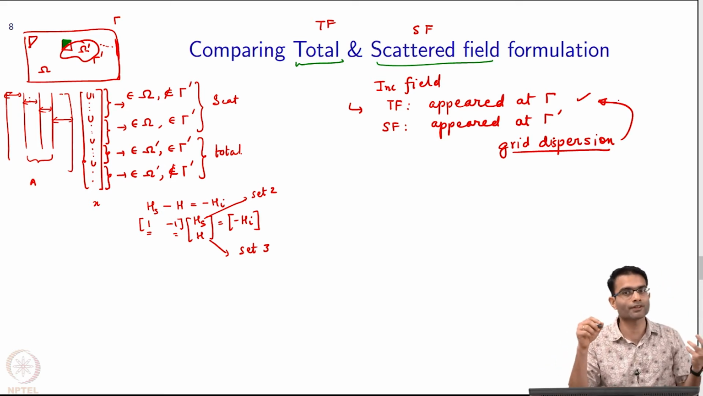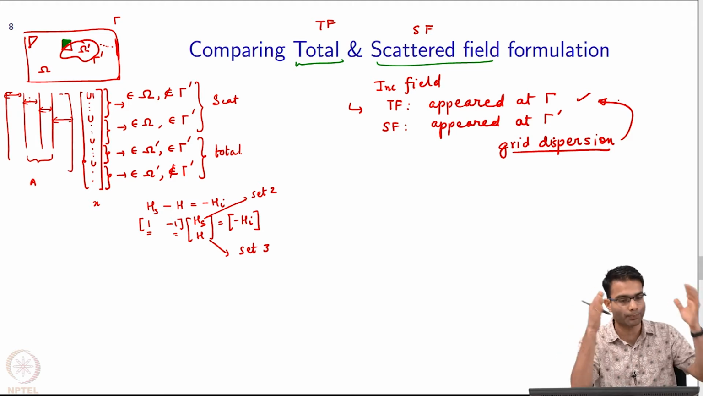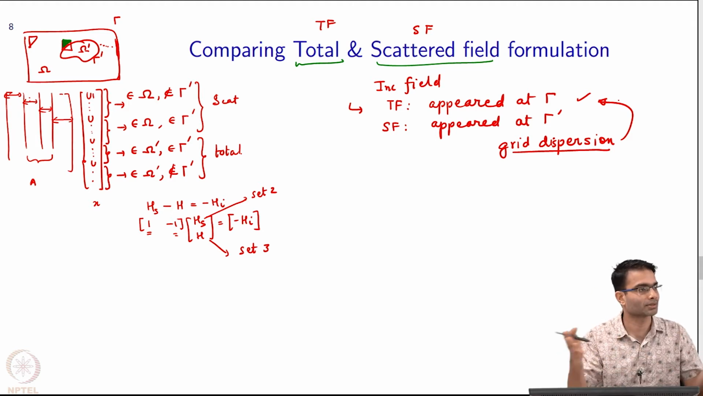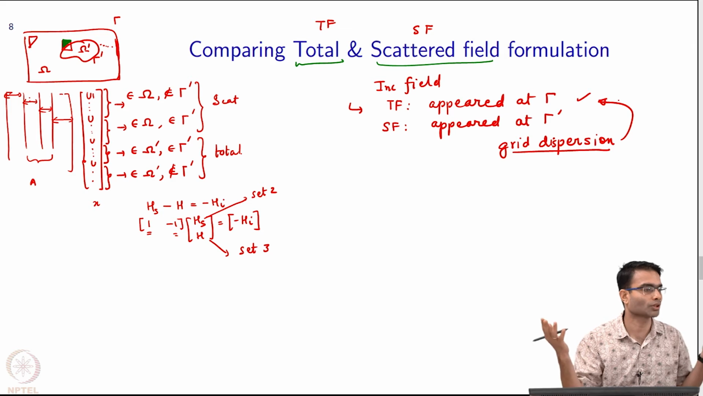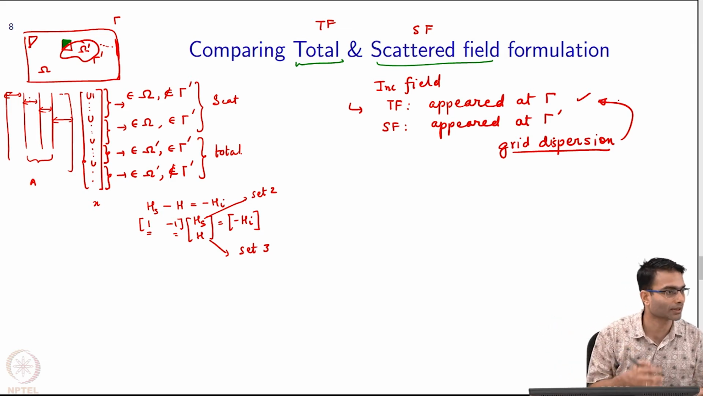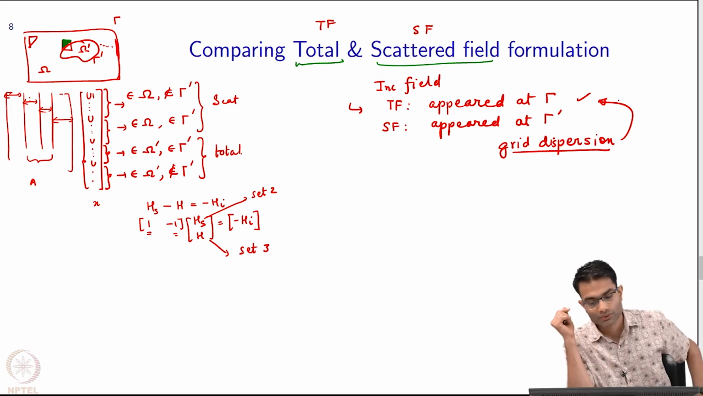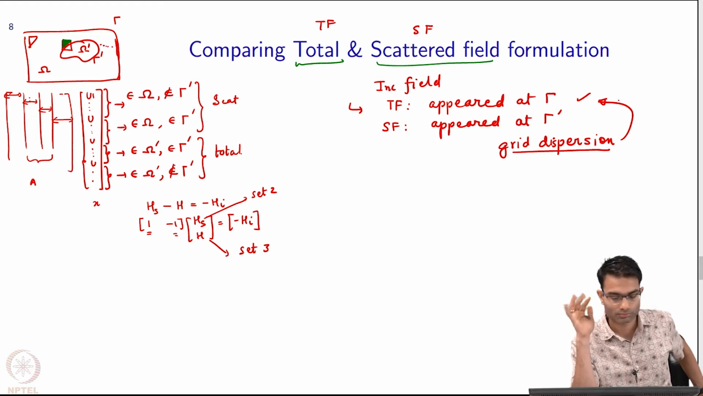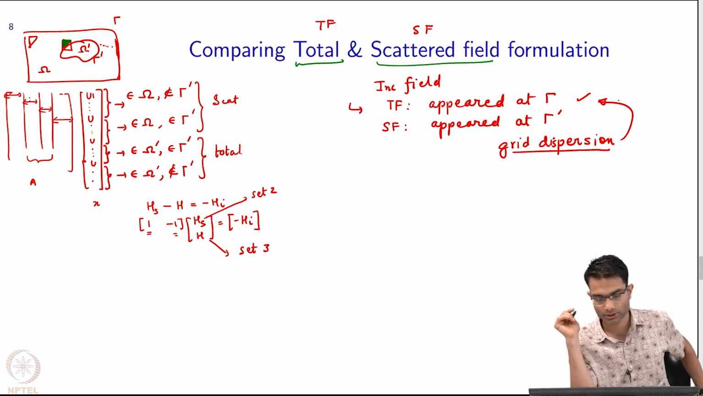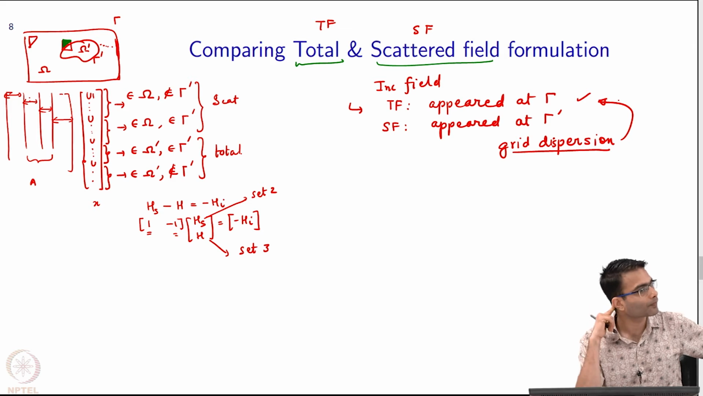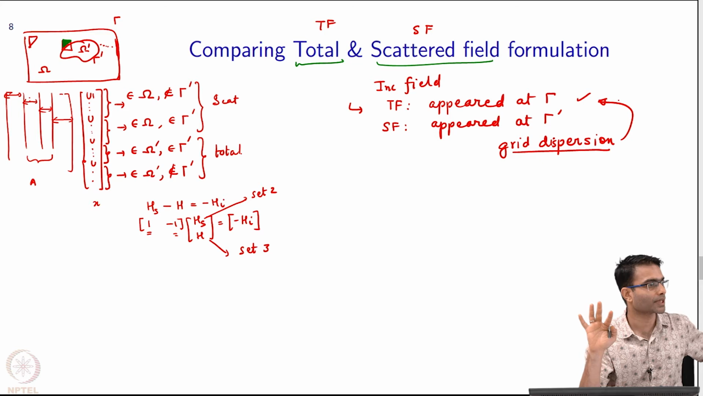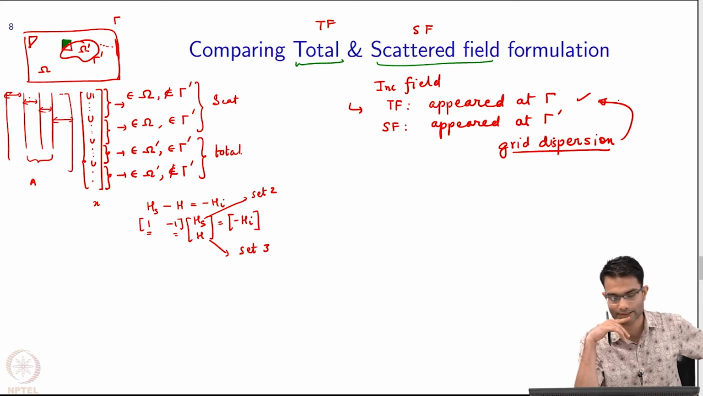So, the incident field, I know it analytically, but once I put it into the system of equations, they don't know what the form is anywhere else unless I give it to them. So, the scattered field has this advantage, okay, that it appears directly at gamma prime. What else can you think of? So, okay, this is the main advantage of scattered field. The other advantage is this. Let us say that